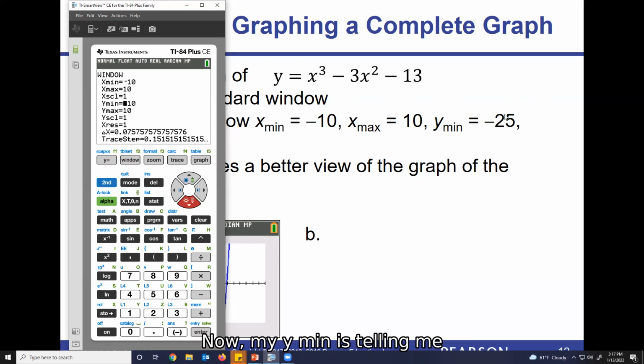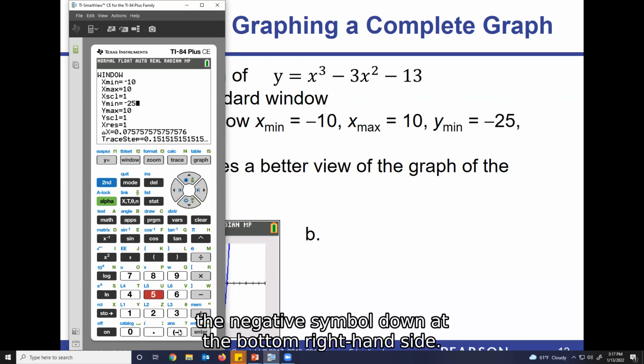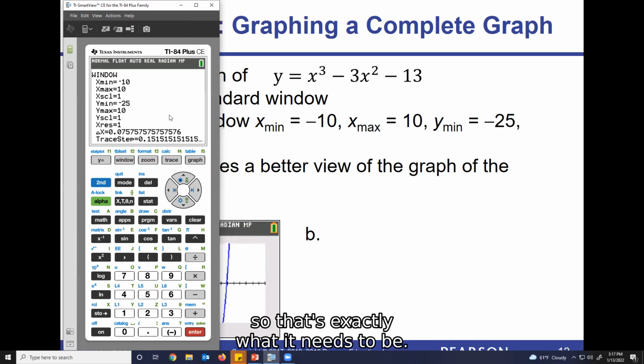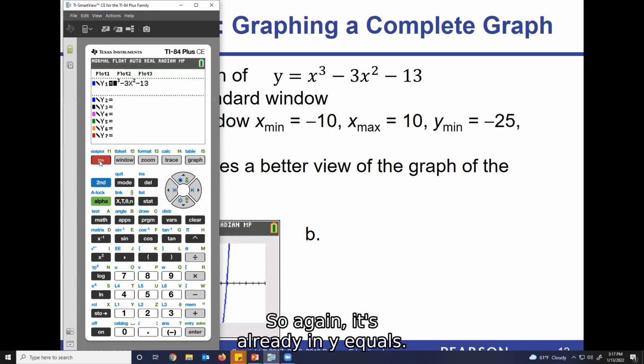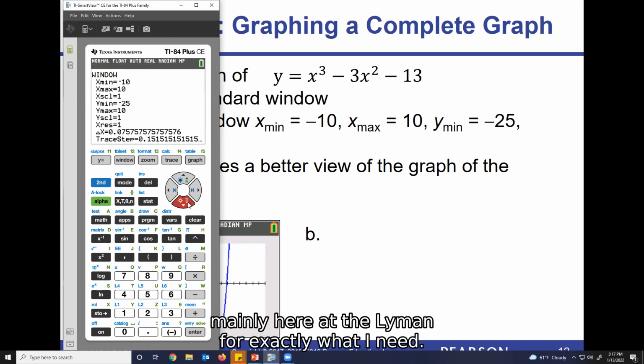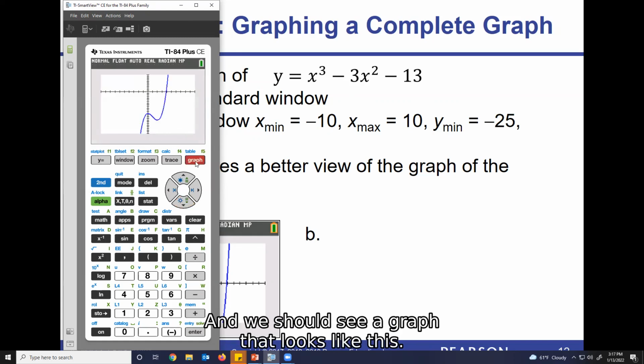Now, my Y-min is telling me that I should use a -25. So let's type in -25 and make sure you're using the negative symbol down at the bottom right-hand side. And then my Y-max, we said, is going to be 10. So that's exactly what it needs to be. Okay, so again, it's already in y equals. All I'm doing is hitting window and making the adjustments, mainly here at the Y-min, for exactly what I need. Now, once you have all that in there, just hit the graph,